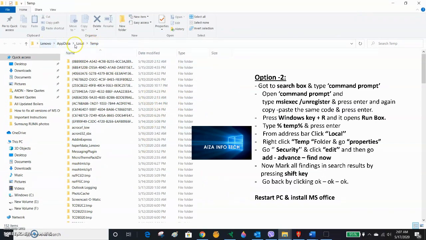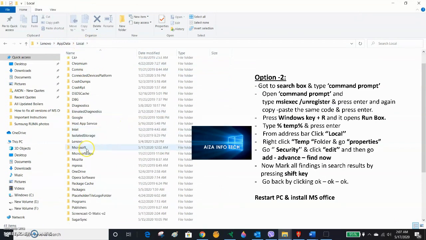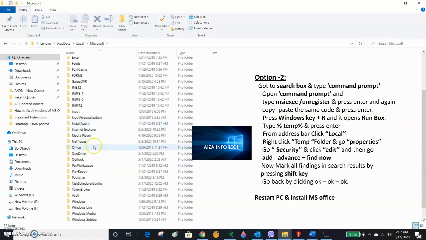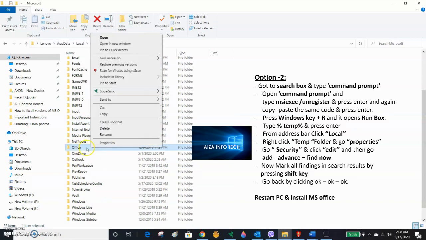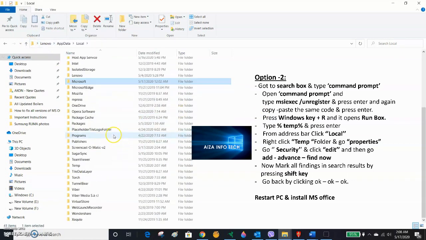From the address bar, click Local, then go to Microsoft. You can see here Office. Just right click the temp folder, not Office.